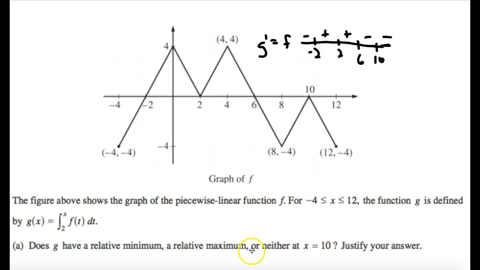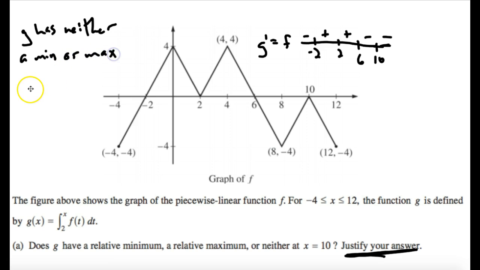Therefore, the original function, g, has neither a min or a max. So we need to write out that answer and justify. Remember, whenever it says justify, we need to write out like a sentence. So we can say g has neither a min or max